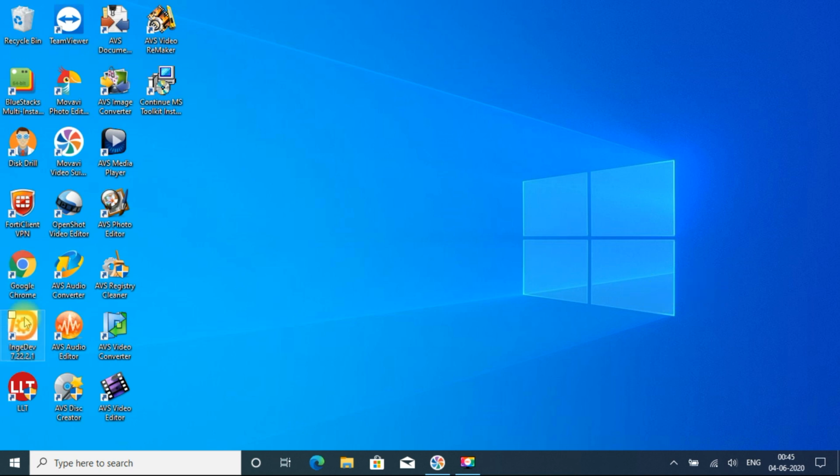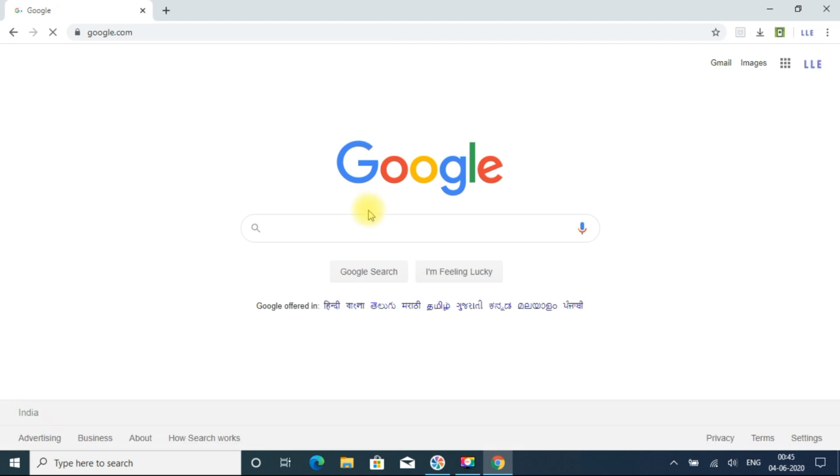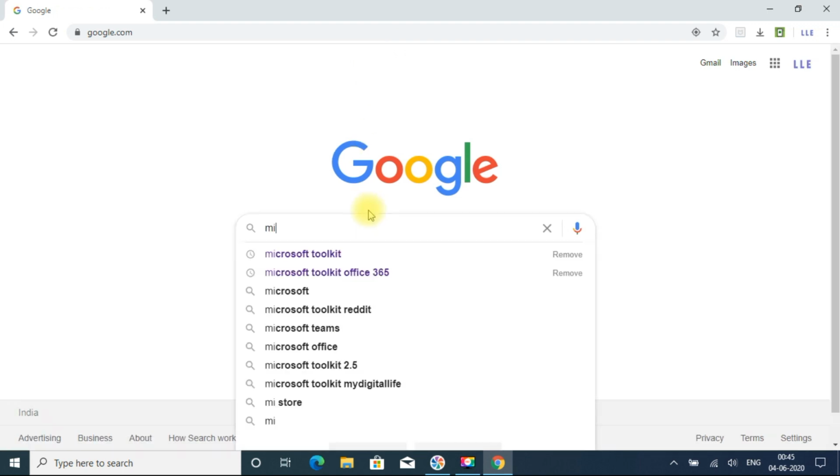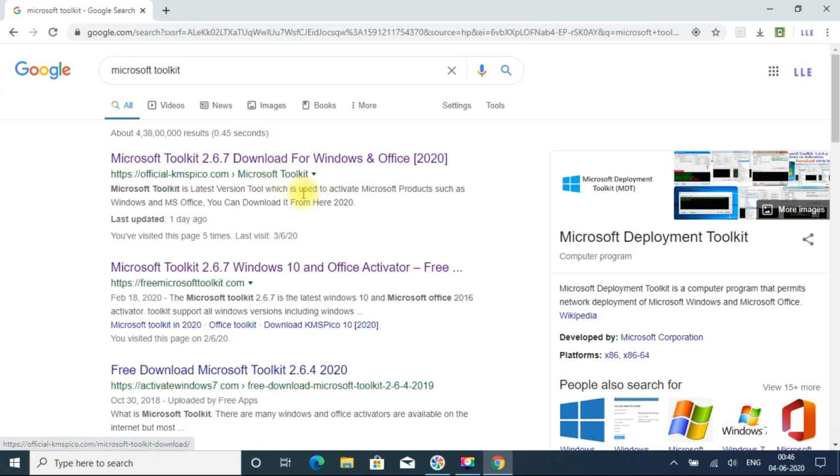Now we'll check in Google Chrome the same software, to see whether we get any risk alert from McAfee. So, Microsoft Toolkit. I'm clicking the same website.